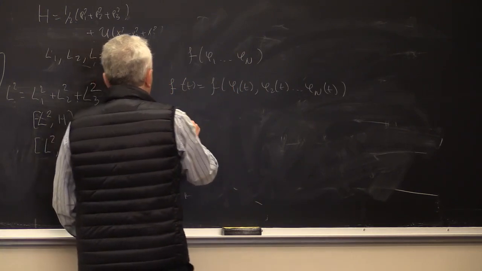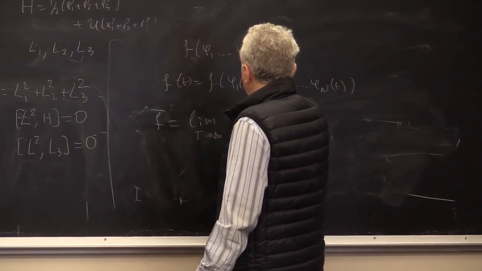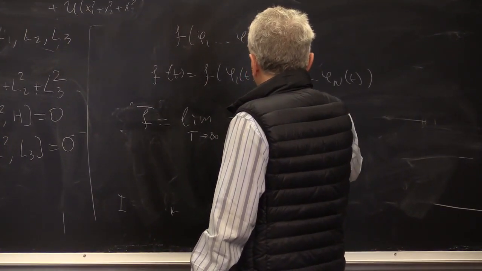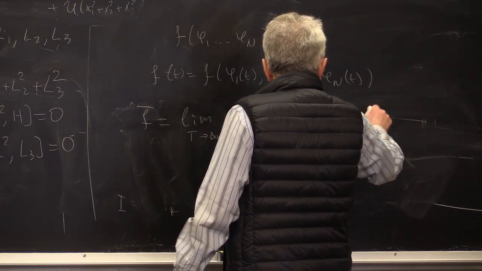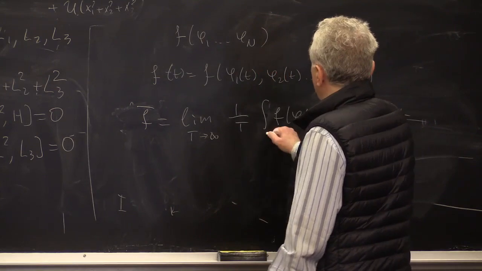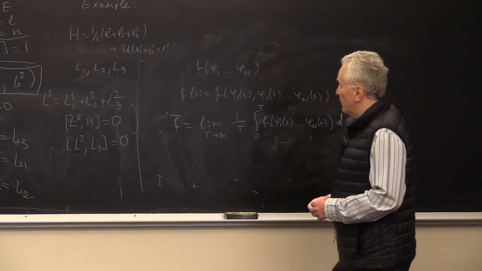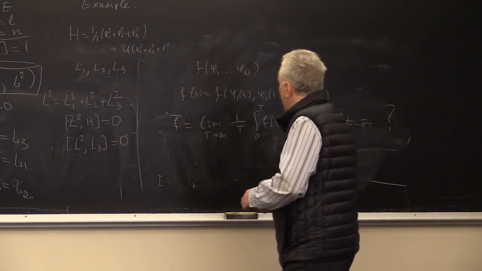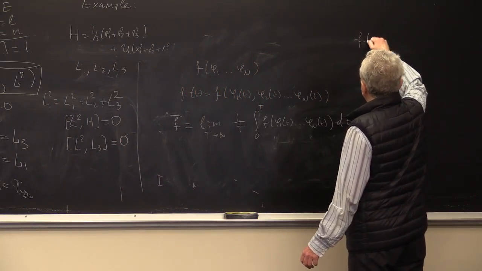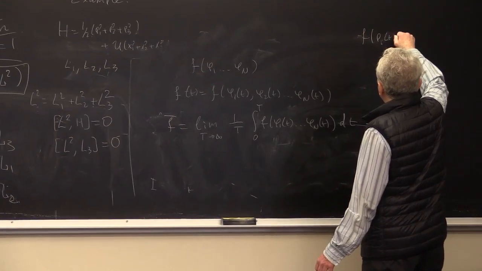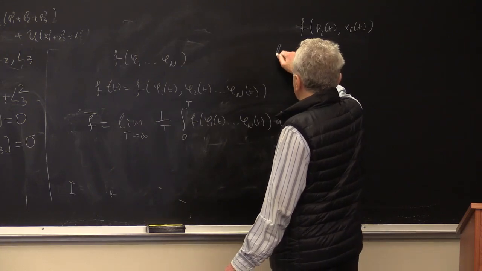We define the average in a very natural way. We simply take the limit t to infinity, 1 over t, and more generally, when you have the phase space, an arbitrary phase space, you always can define time average. So you have f of pi of t and xi of t. The time average is